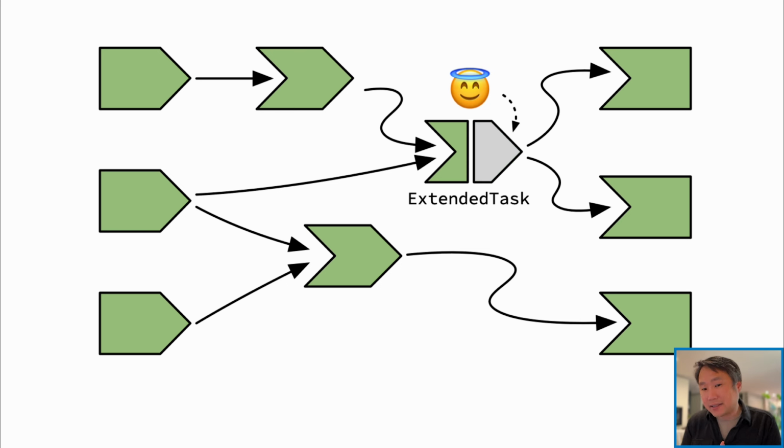Pretty soon, this background task is finished, so it changes to this smiling angel emoji and takes its result and brings it back into the reactive graph via this second piece of the extended task, this reactive value. And that causes reactivity to trigger in all the right ways, and the outputs that depended on that result are now updated, and everything is now at true equilibrium. Not only is the reactive graph at equilibrium, but we have no more background task running. So now we truly are just waiting for the user to do something else.